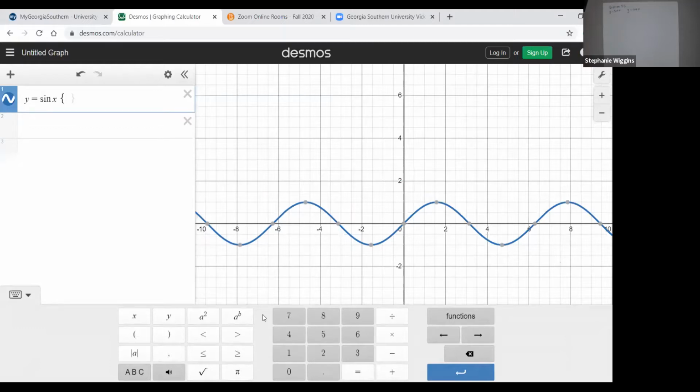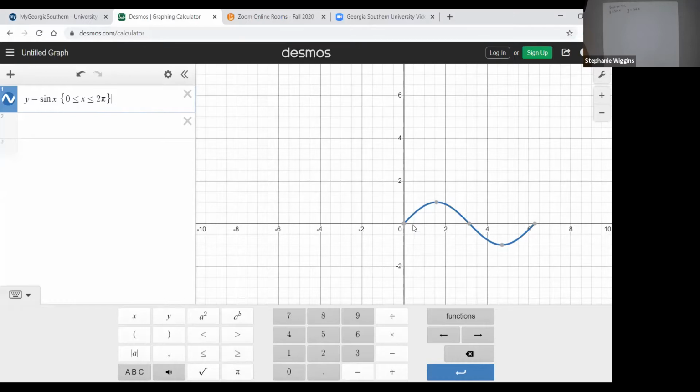And then I type in 0 is less than or equal to x, which is less than or equal to 2 pi. There we go. All right. So as you see here, when you pull up that graphing utility in your homework, it's going to